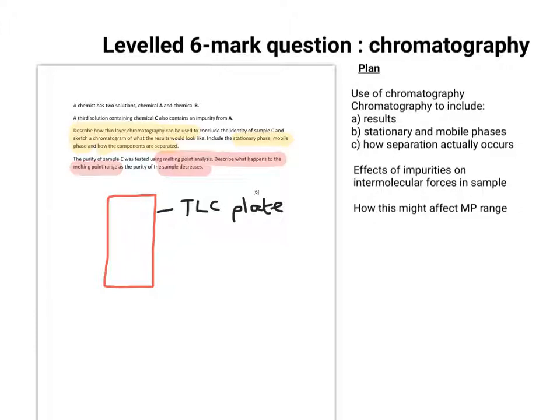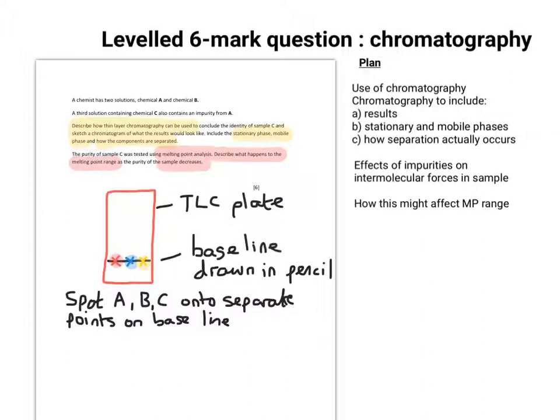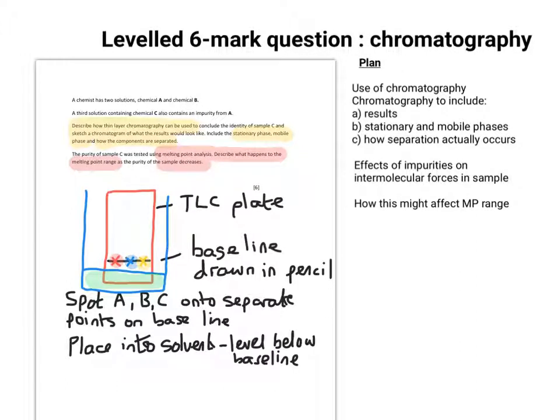So we start with our TLC plate, and if you've done the practical on this, you'll obviously know that what you do is you draw a pencil line a little bit up from the bottom. Now it says you've got a chemist having two solutions, chemical A and chemical B, and a third solution containing chemical C, which also contains an impurity from A. So what you've got to think about is how many different samples you have. You put it into the solvent, but the level of the solvent must be below the baseline,